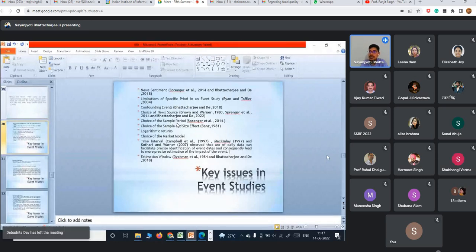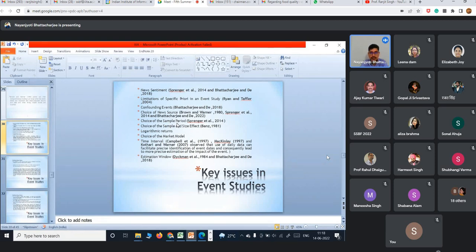Some issues are there which the researcher needs to understand, and the researcher also needs to be aware of the possible ways of addressing these key issues in doing reliable event studies. So we'll spell them out in this part of the discussion, and after that we'll proceed with the discussion of a practical case